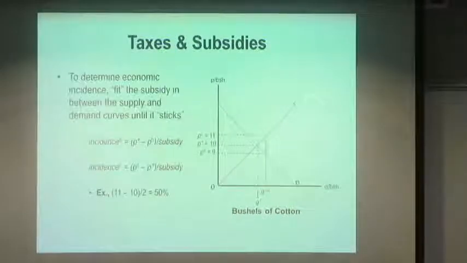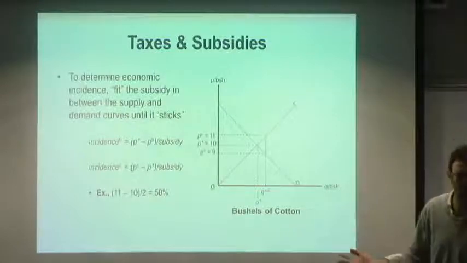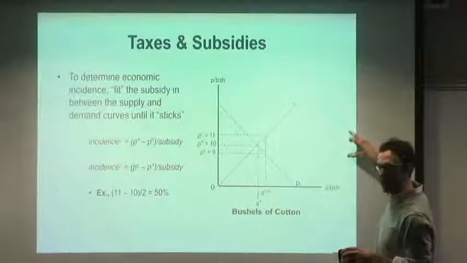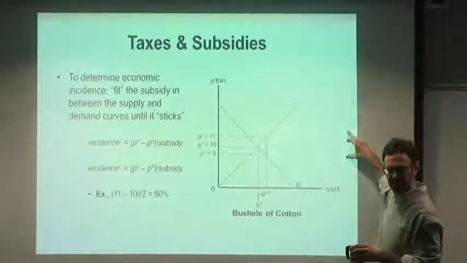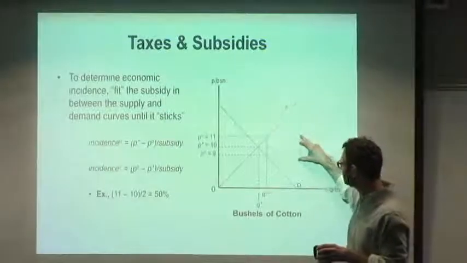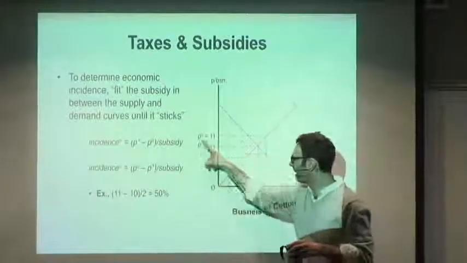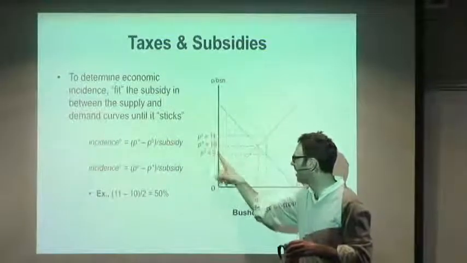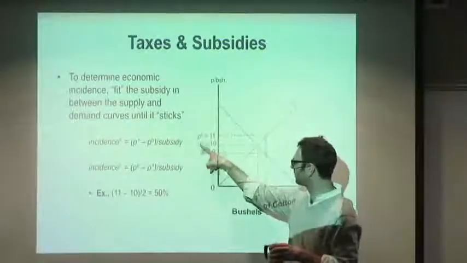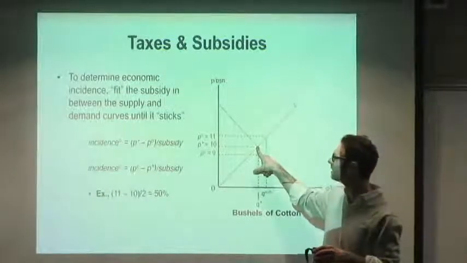Now, the same way that we did with the tax, there's a shortcut, a subsidy wedge shortcut, if you will. And all you do is, you take that green vertical line, which measures, vertically speaking, the actual subsidy itself, start from the right and move leftward until it just touches the supply and demand curve. And at that point, that's going to tell you the price that a seller receives post-subsidy and the price that a buyer pays post-subsidy. Now, if you compare those to the original P-star, the original pre-subsidy market price,